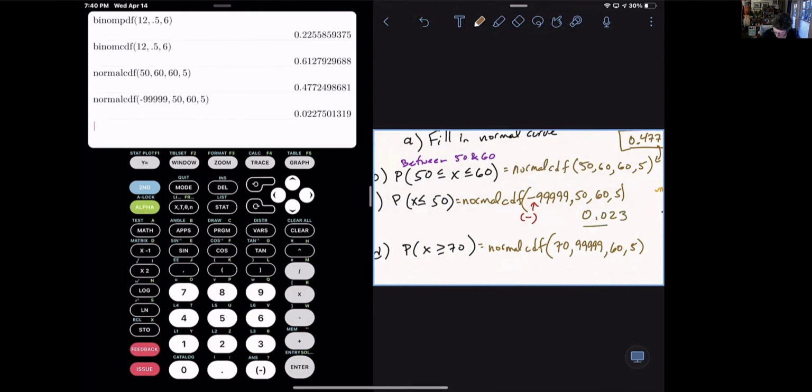0.023. Pretty darn small. And that makes sense because it's just that little bit of tail that we're finding. Okay, now the probability of 70. Second enter. Now, this one, I don't want to use that one. I'm going to bring back one of my earlier ones. So I'm going to press second enter one more time before I press anything else. That's a little trick. Okay, so I can go back here, change this 50, press delete,